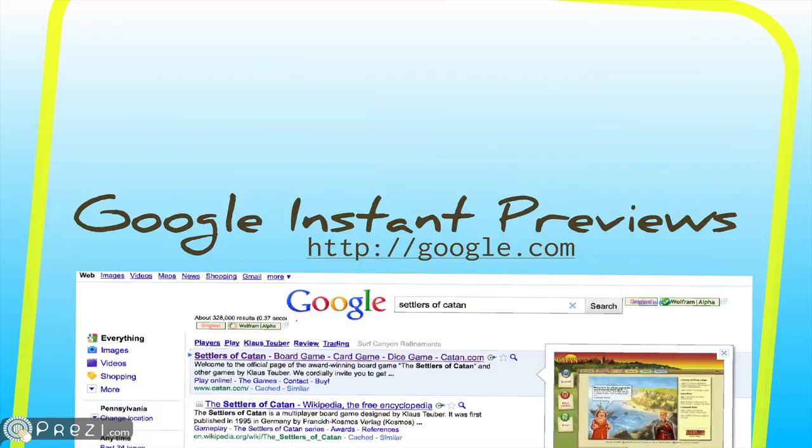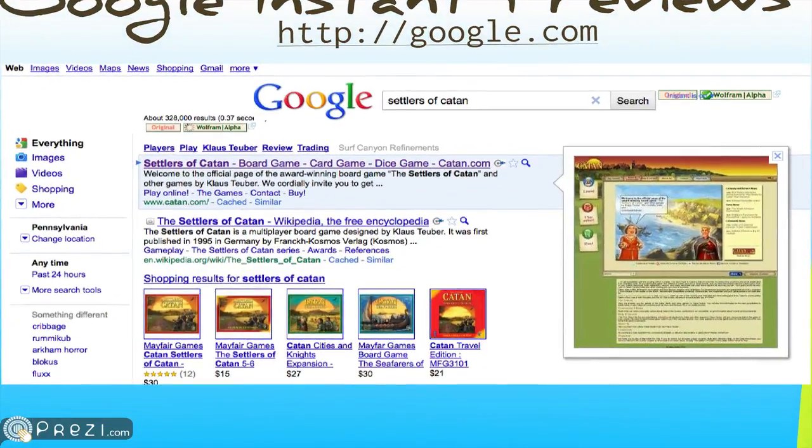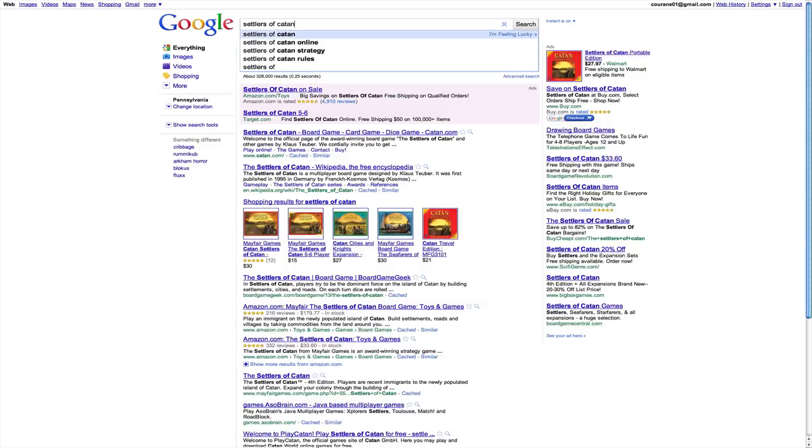In the news today, we have a few changes going on with certain browsers. First off, let's take a look at Google. In Google, we have Google Instant that's been out for about a month or so now, but they have changed the preview area. So when you go to google.com, and you search for something like Settlers of Catan, one of my favorite games,